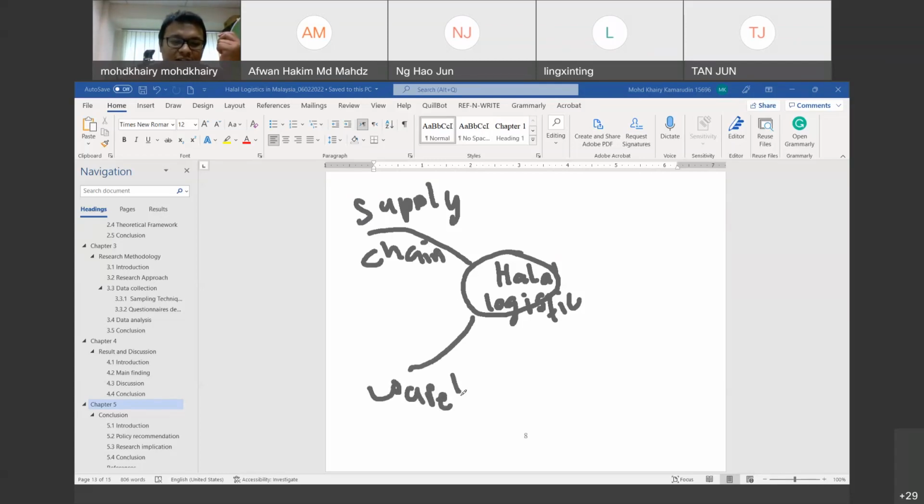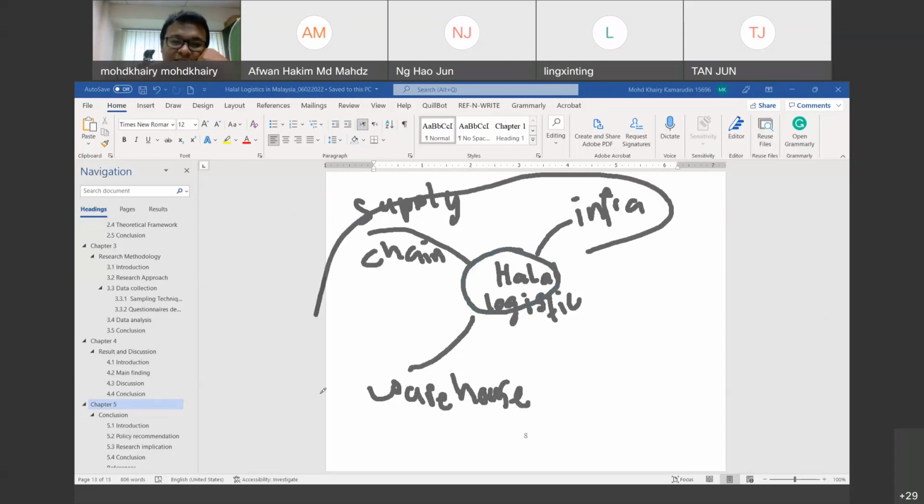Maybe another example, infrastructure, policy. Infrastructure. Okay, that's why when you see that halal logistics focuses on these topics,